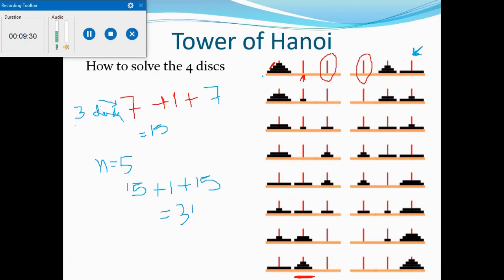has been copied to the, suppose this is source, this is auxiliary, and this is destination. So this is source, auxiliary, and destination, the sticks' names. So I have copied the first 3 disks from source to auxiliary with the help of destination. So the 4th disk will be copied directly from source to destination, and then the three disks residing inside the auxiliary, with the help of the source, will be moved to the destination. So 7 plus 1 plus 7, that is 15. The same for n is equal to 5 also.